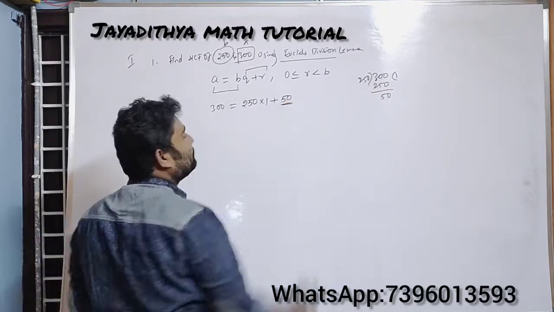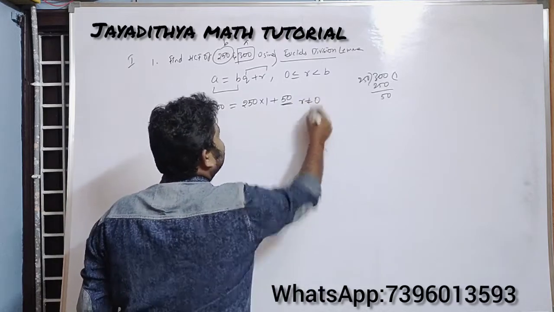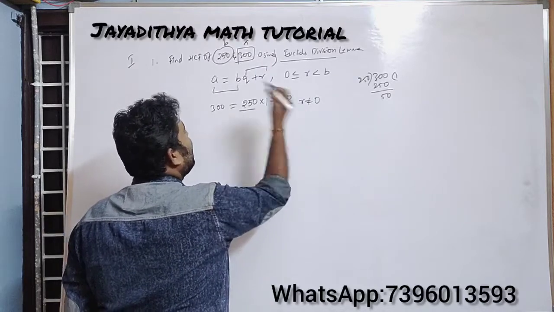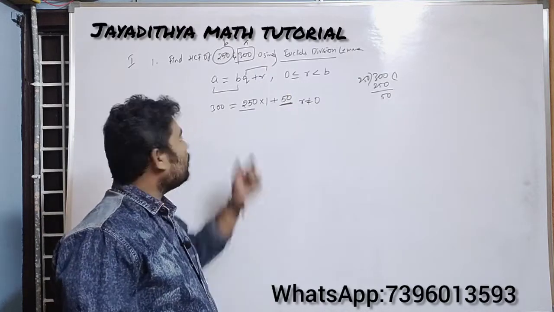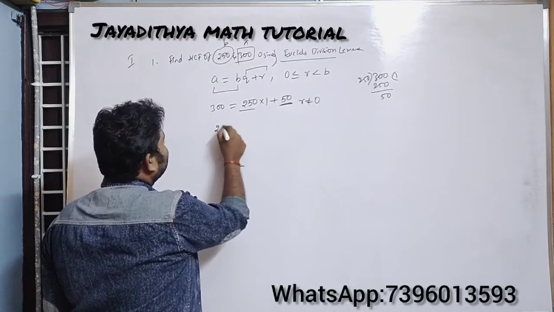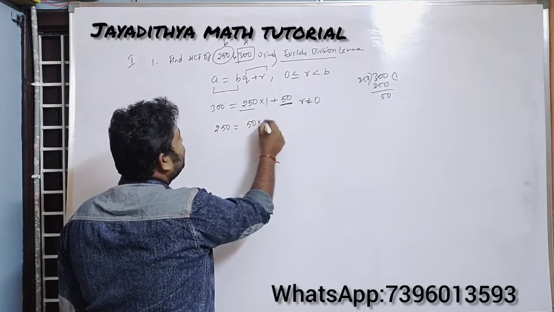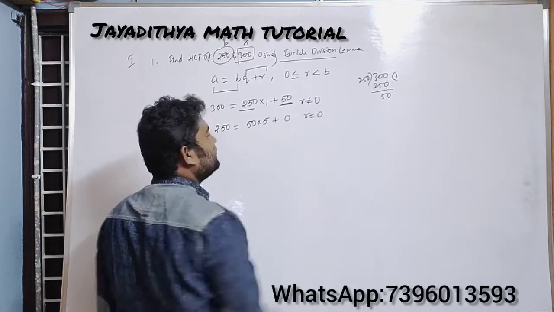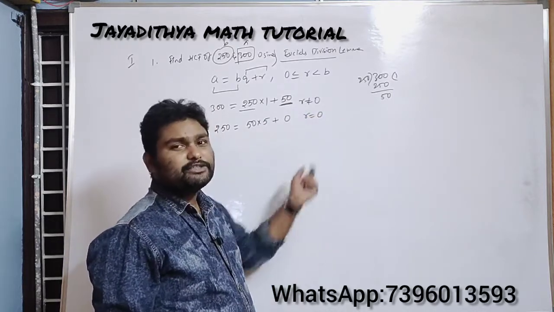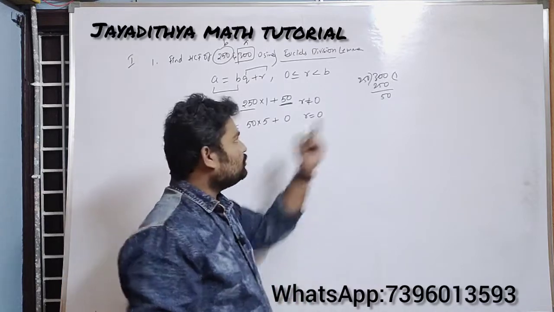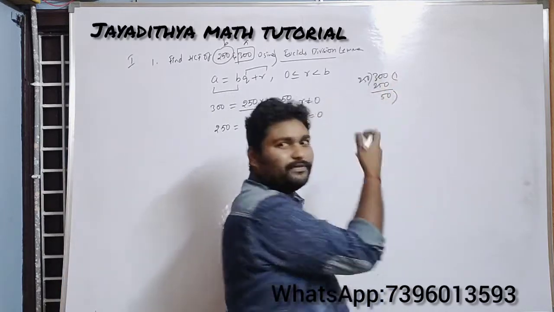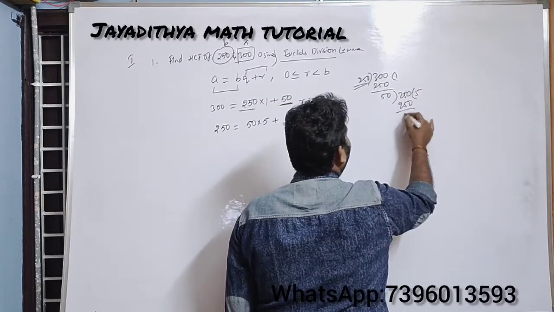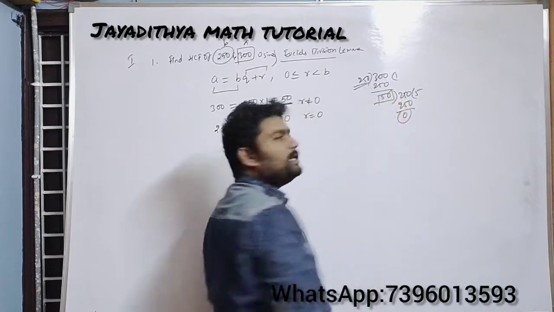Here r is not equal to 0, so you should apply Euclid's division lemma on 250 and 50. This becomes 250 is equal to 50 into 5 plus 0. So here the remainder is now equal to 0. Whenever the remainder is equal to 0, the divisor will be the HCF. When we do HCF in the normal division method, you take 250 as dividend, and 50 fives are 250. If you get the remainder as 0, then 50 will be your HCF.